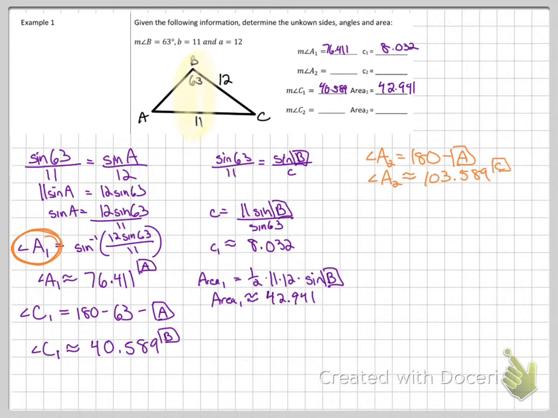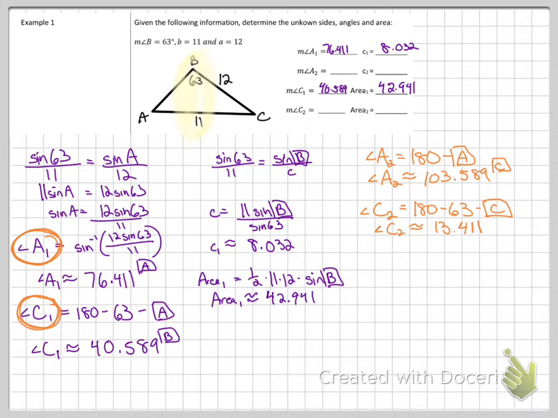I don't know it exists until I do the next step. Again, on the other side, to get C1, so to get C2, you do triangle sum: 180 minus the 63 in the picture, minus potentially angle A2, which is in button C. Keep track of your buttons. And angle C2 comes out to be